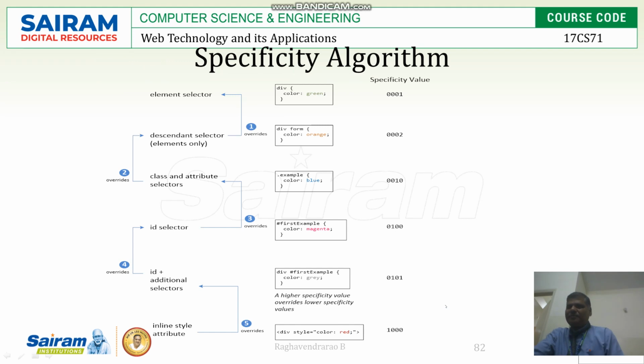The same example is converted here into binary format. Now you see the div color is there, and the specificity of that is 1, because only the element is the element selector. Then here the div